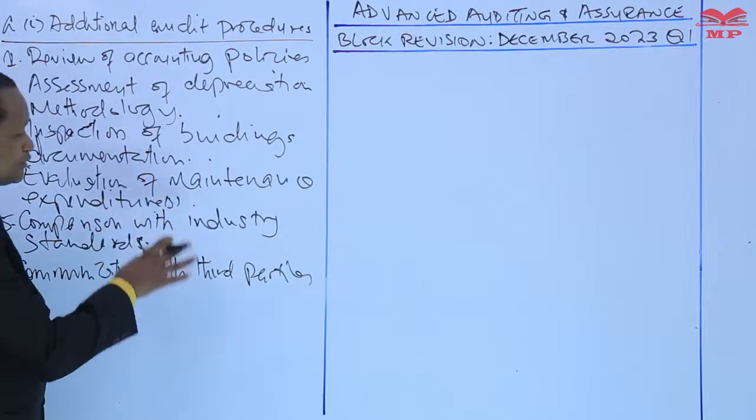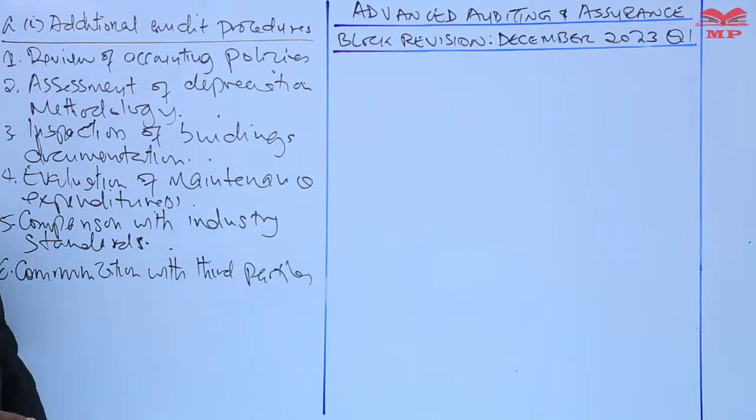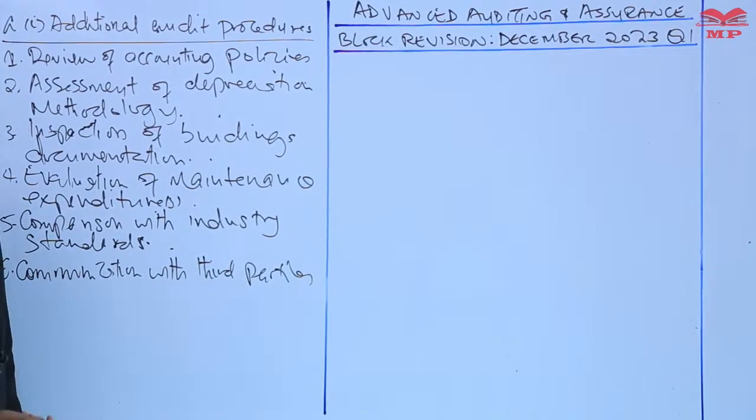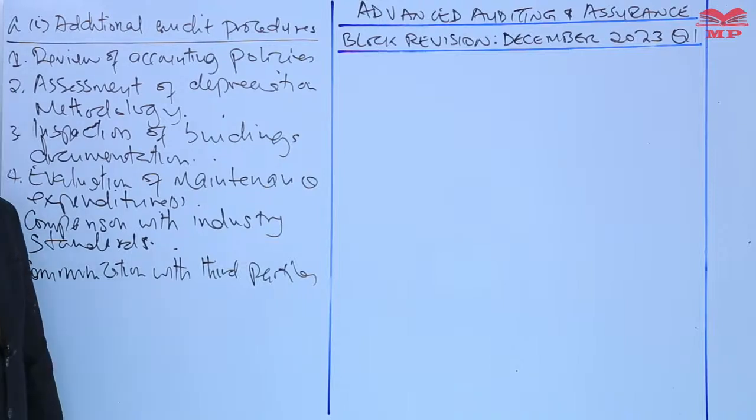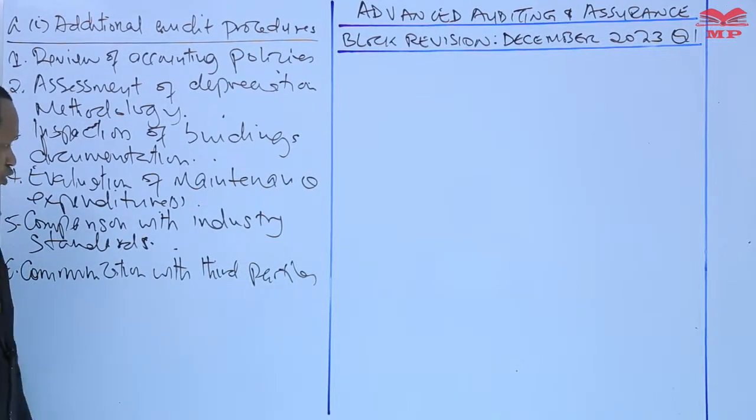The purpose for this procedure is to obtain their opinion on the appropriateness of the company's depreciation policy and the condition of buildings. Do you understand? These are third parties, like experts, appraisers, and so on. Communication with